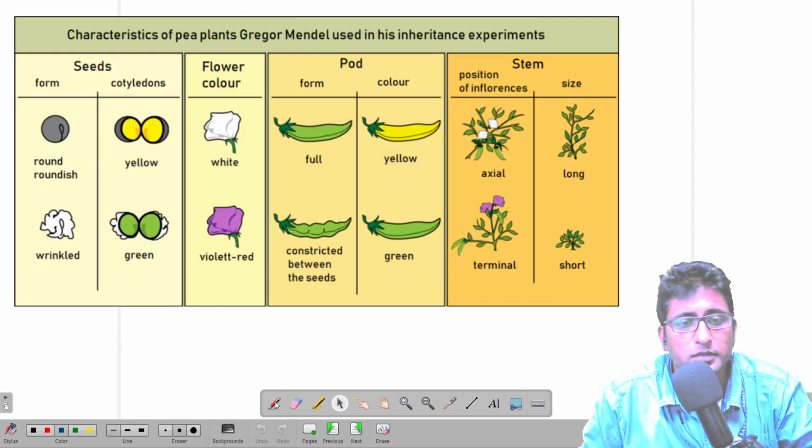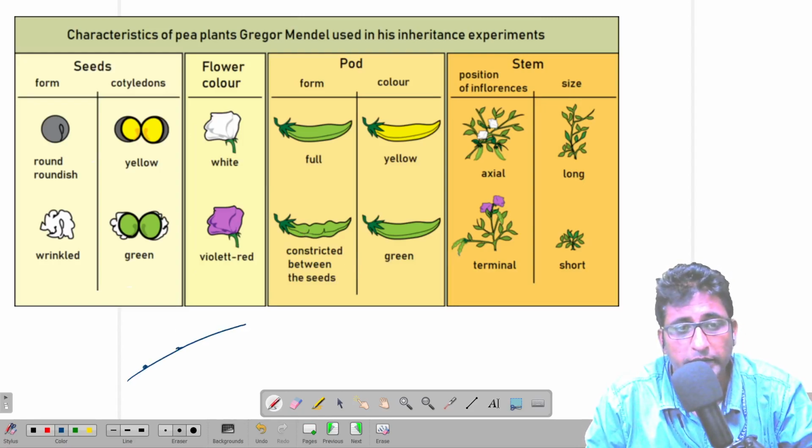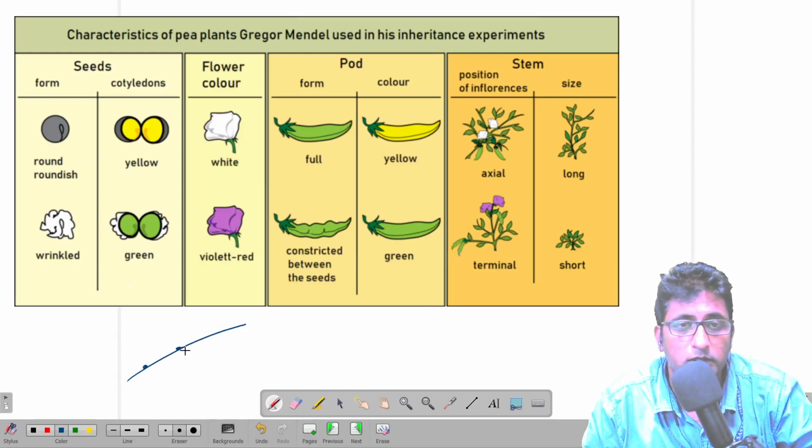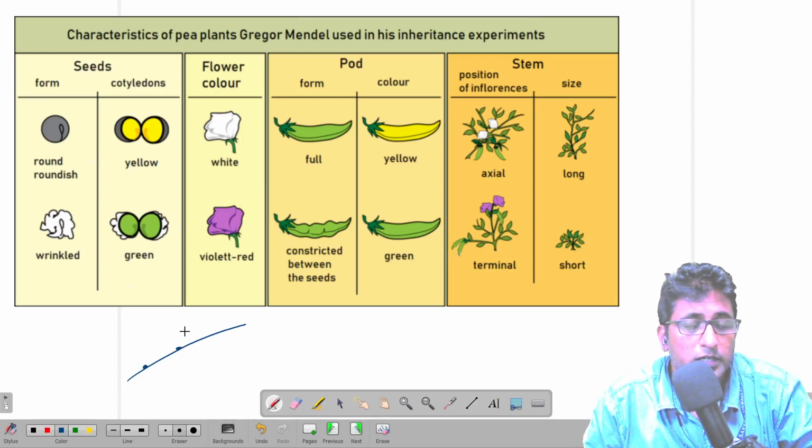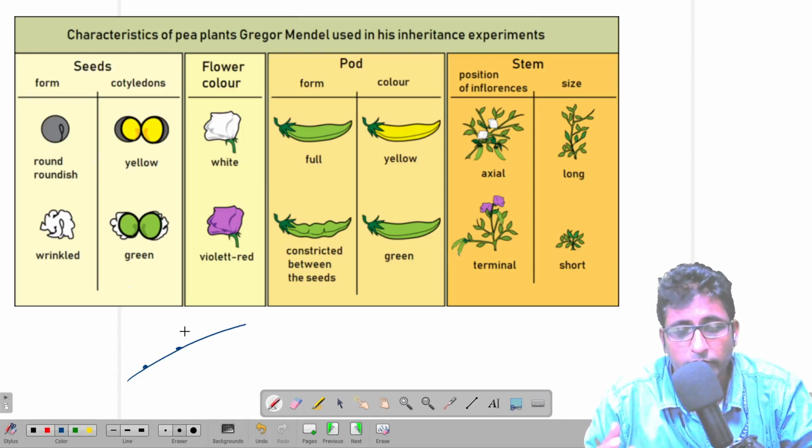Each of these traits happen to be on different chromosomes, and that is why he was able to come up with something called the law of independent assortment. If these traits happen to be on the same chromosome like this, then it would have been difficult. Nevertheless, we owe him a lot of credit or